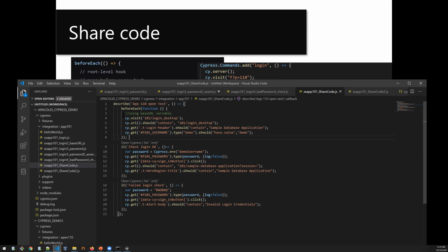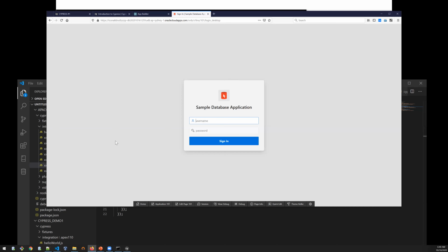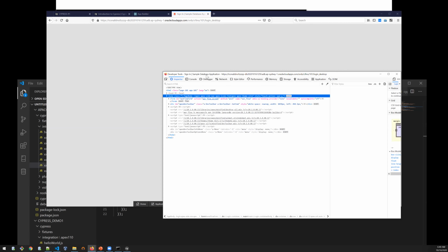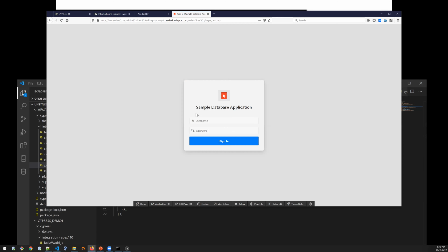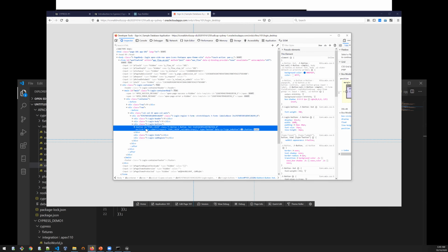And now something important that I want to explain here is how I clicked my button. Sometimes when you run these tests, you're going to have to change how your APEX app renders things, just because you want to make these selectors as easy as possible for you. And what I've done is I tweaked this app a little bit. So if I go into details, you'll see in a second. If I right click and say inspect element under my buttons, you'll see that I added something